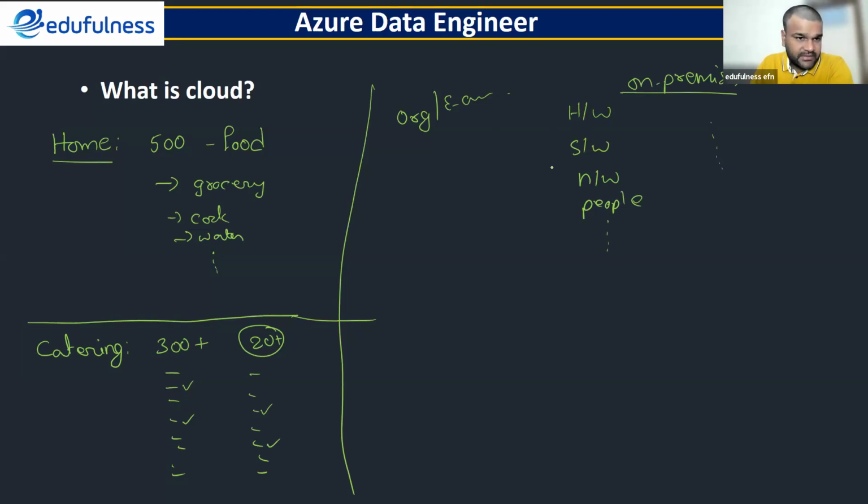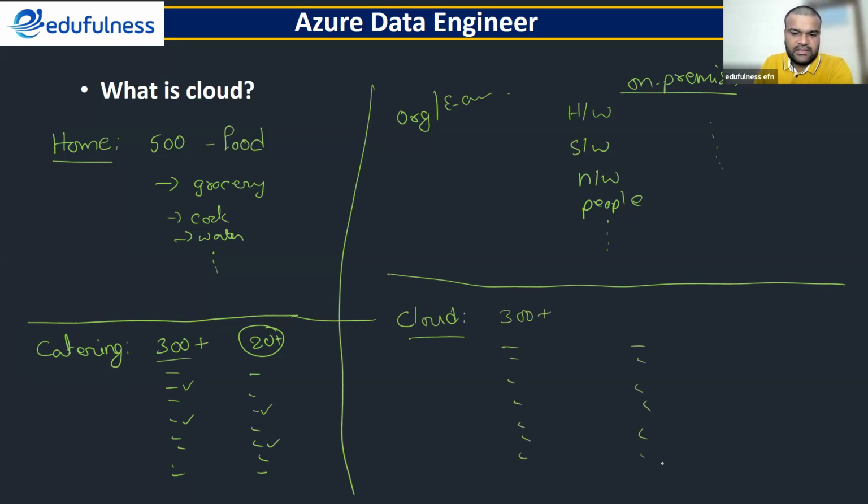That is one option. So is there any option like catering? That is another thing. That is what you can call the cloud. In the cloud, there are many services they offer, like many dishes. They offer, for example, around 300 plus items. So that's all. Now your task is, for example, a data migration project.